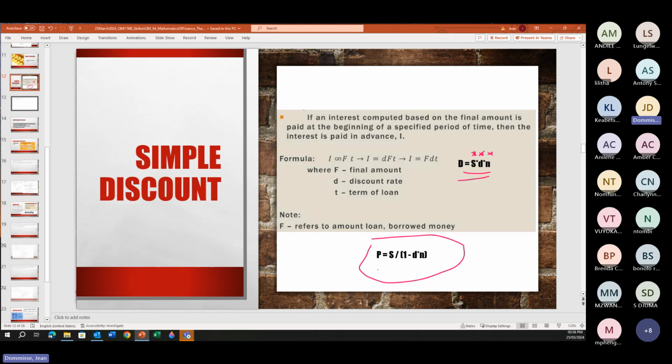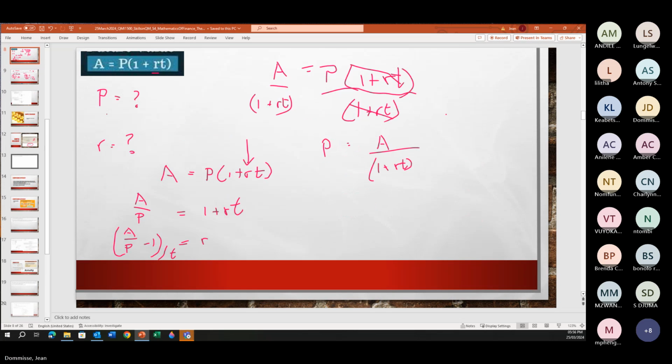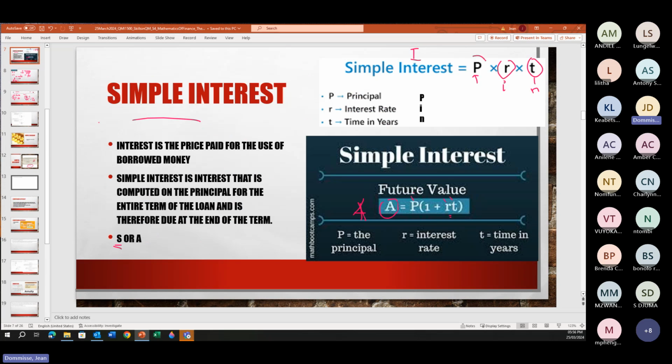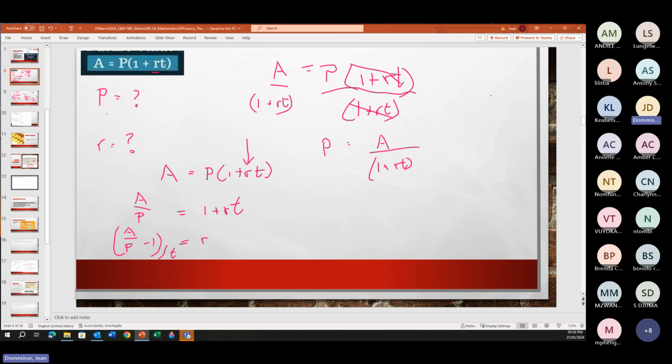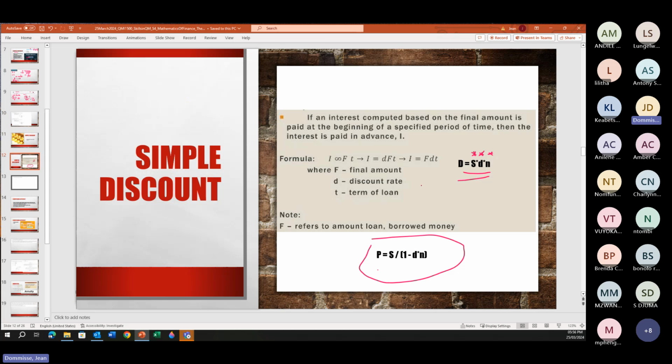So look at just the difference between the two. There it was your present value times interest rate times the period. Now it is the future value times discount times n, because the assumption is that instead of paying 6,000 Rand